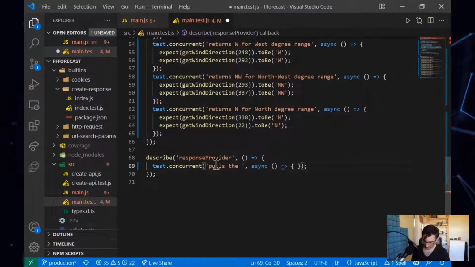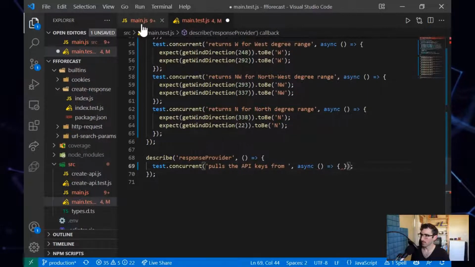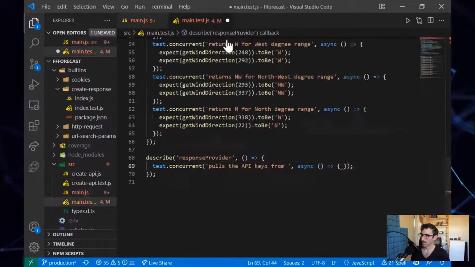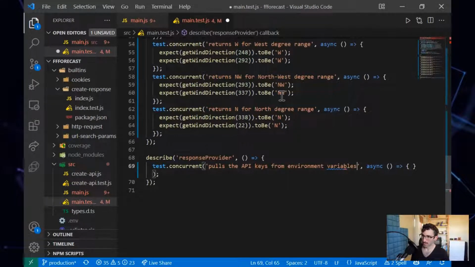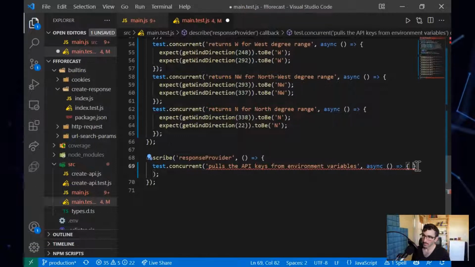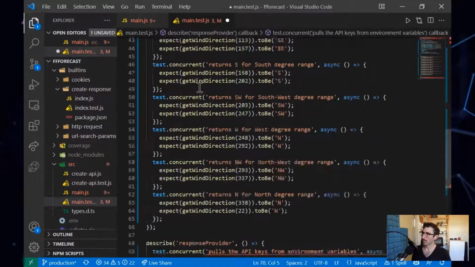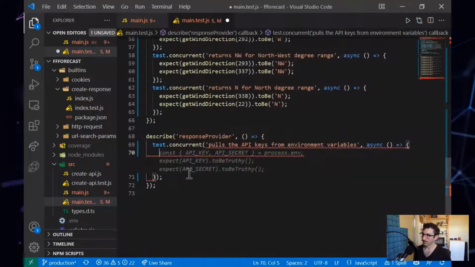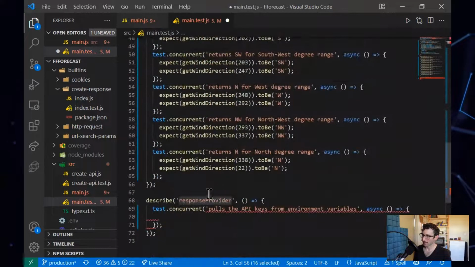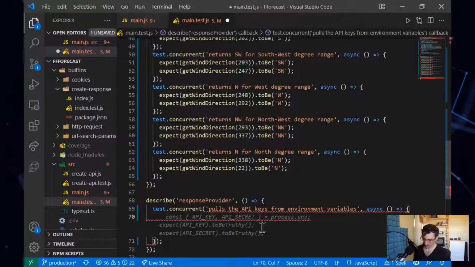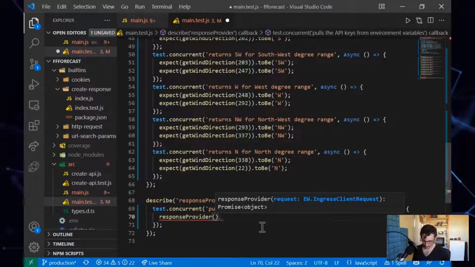It pulls the API keys from, what is it? From environment variables. So now I need to execute that function. Let's see. That is not at all what I want that test to do. We'll grab response provider, and we're going to call response provider with,